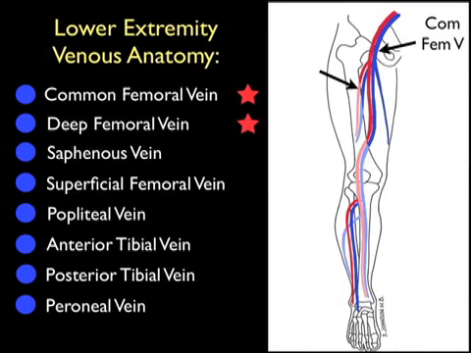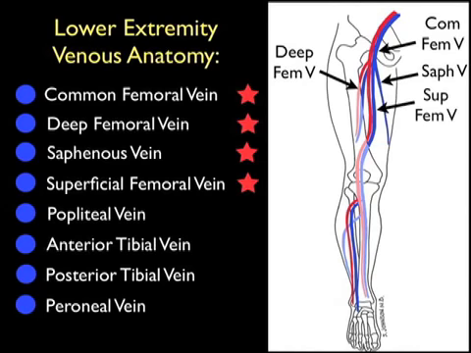We note here the deep femoral vein coursing to the back of the leg, and we note the adjacent deep femoral artery. We also see here the saphenous vein, which joins into the common femoral vein above the level of bifurcation. Now it's important to realize that the superficial femoral vein is the vein that actually continues down the leg